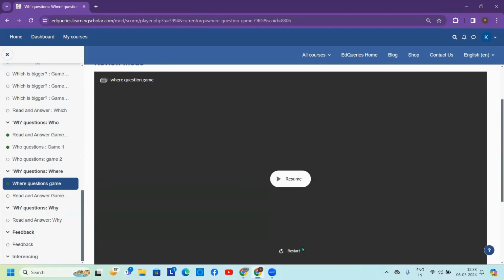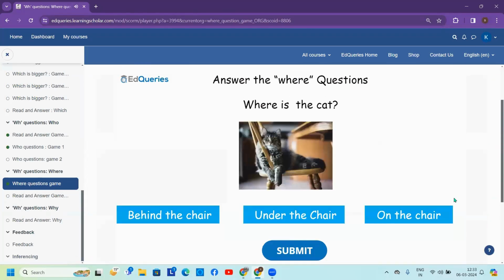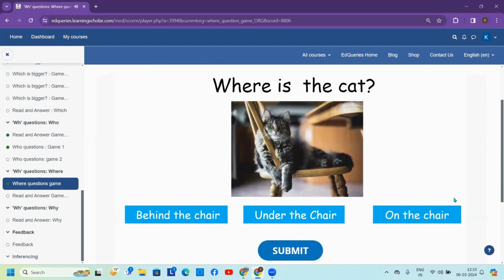Where questions. In this game, you may touch the words to hear them. Click on the correct answer. Where is the cat? These questions deal with prepositions. Then click submit. Now prepositions are very important for children